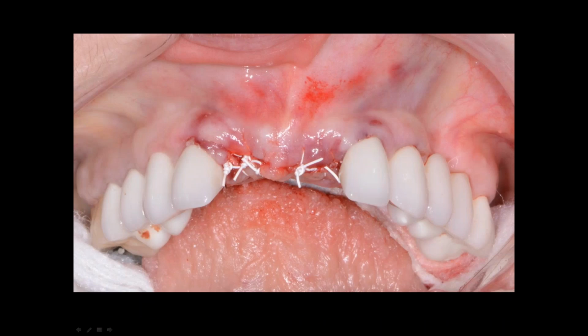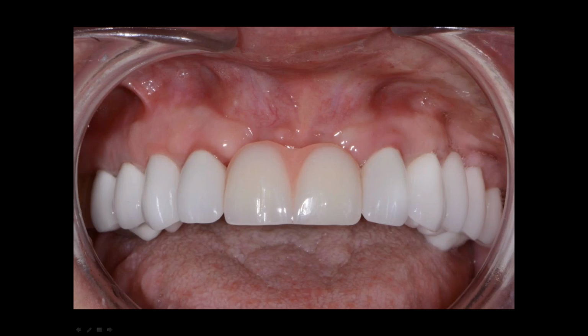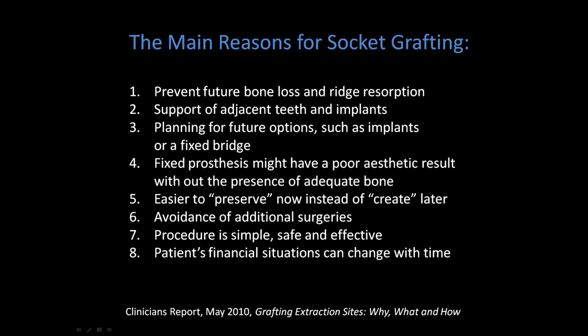And we're going to go ahead and suture these with PTFE sutures, the monofilament, and the patient goes out with her flipper. We allow this to heal, and 2 weeks later, when the patient returns, already we see that this area is healing very nicely, and in 4 months this area will be ready for implants in the number 8 and 9 area. So let's quickly look at the reasons for socket grafting,